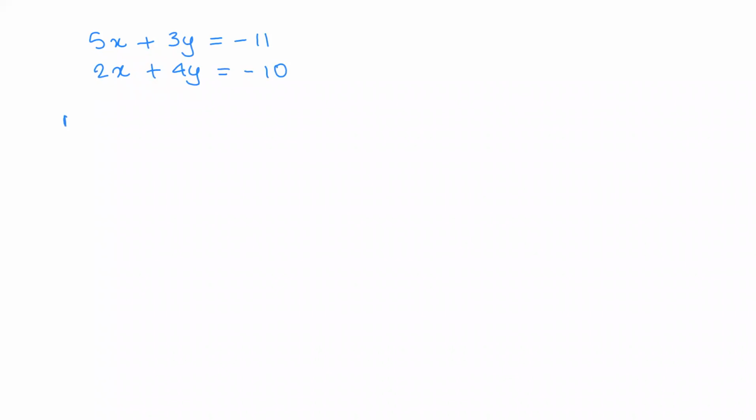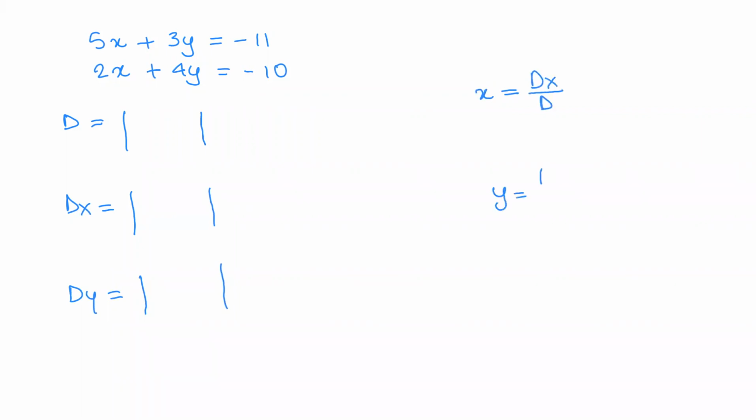We are going to find three determinants by the names d, dx, and dy. Now, why do we do this? Because we are trying to get the values of x and y. तो x की वैल्यू को फाइंड करने के लिए the idea is dx upon d, और y की वैल्यू को फाइंड करने के लिए the idea is dy upon d. तो उसके लिए पहले हम लोग को dx, d और dy को फाइंड करना है.